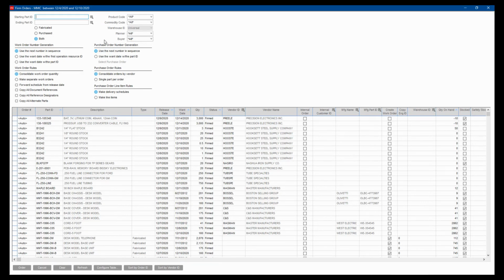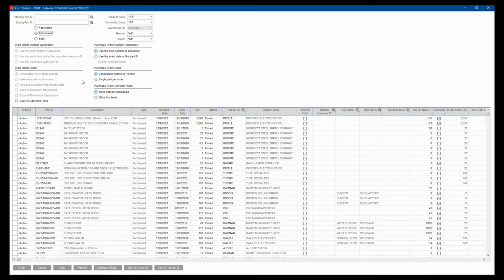So now I can start filtering. Do I want to filter by product code, commodity code, planner, buyer, fabricated or purchased? I'm just going to choose purchased for now and leave it at that. But down on the bottom, I'm seeing all of the items or all of my materials that MRP ran and said you have a shortage on, and we're suggesting you release a planned order for this amount. So I can go through these. I can see who the vendor is. Again, I can change the vendor, dates, quantities here if I want to, but the really nice thing about this